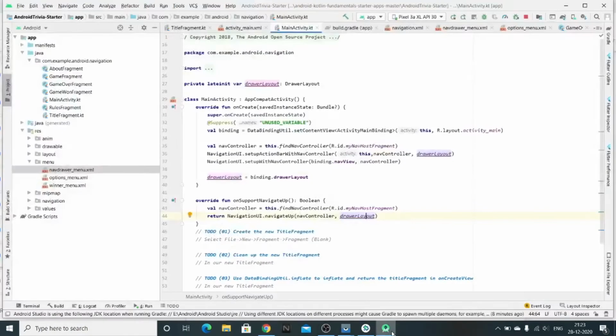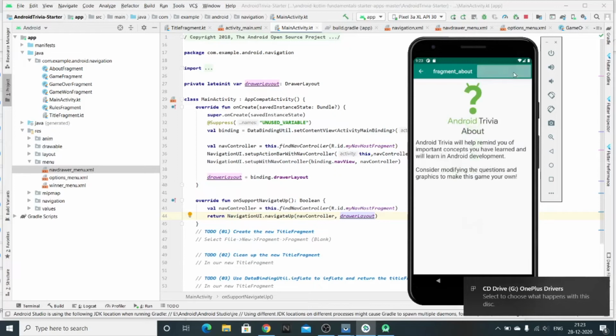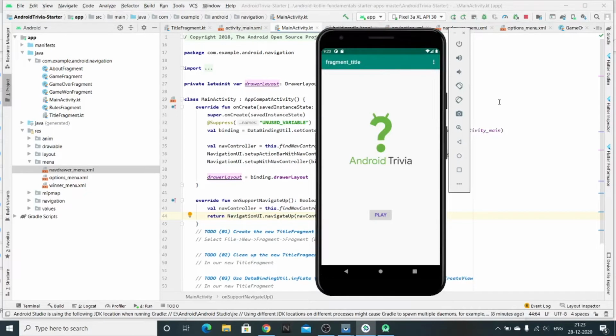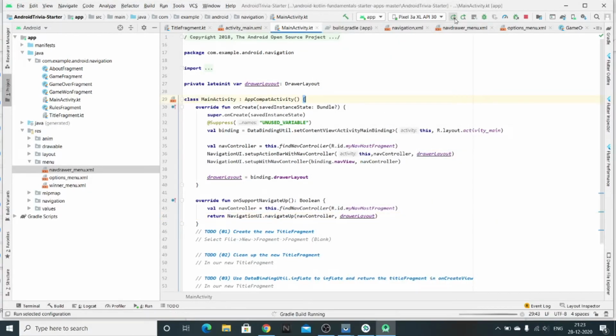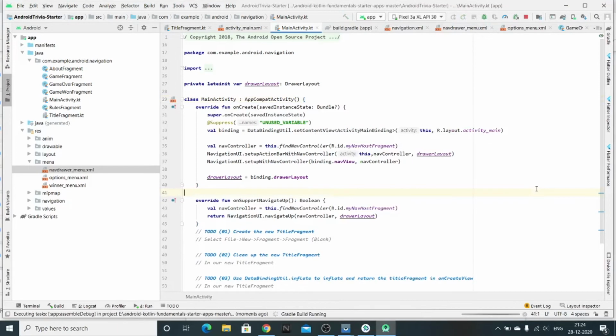So first let's run the app that we have created. As you can see, we have added the option menu, and when you click on this about, the about fragment will appear. We have a back button also. Let's click on rerun. Okay, it will take some time.